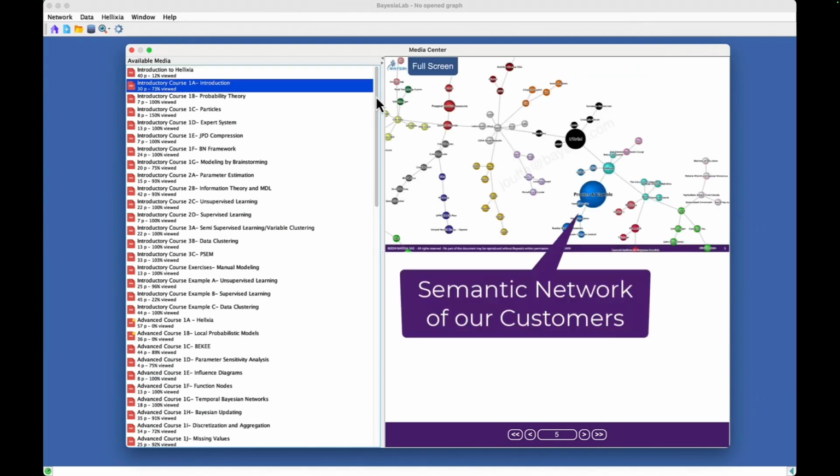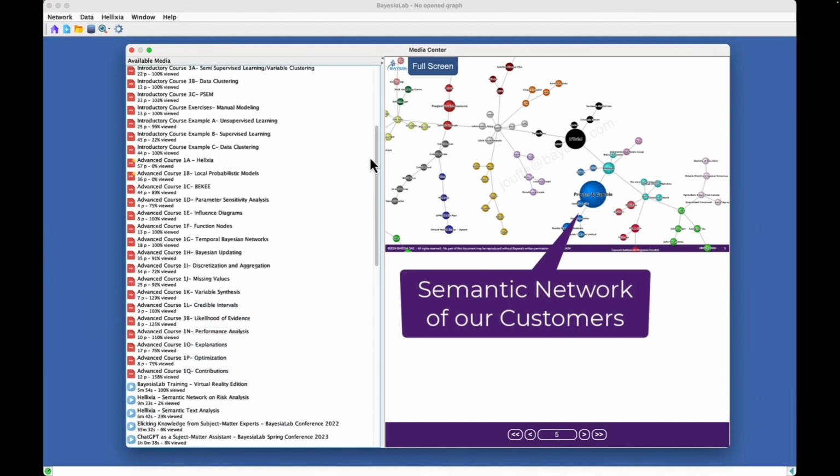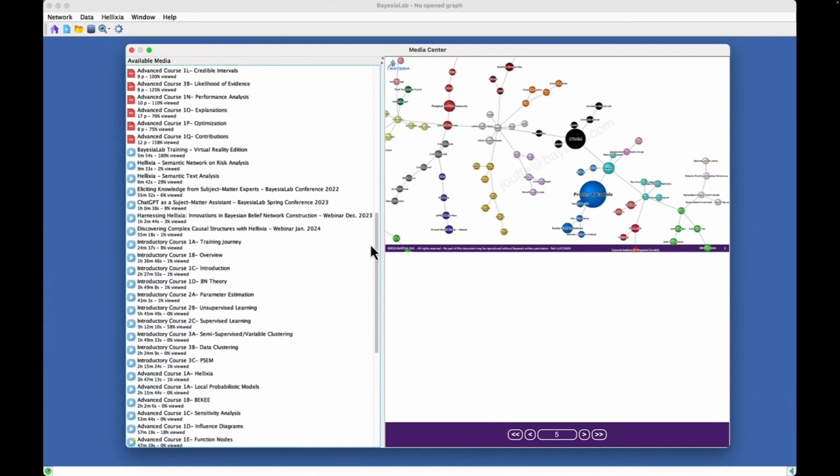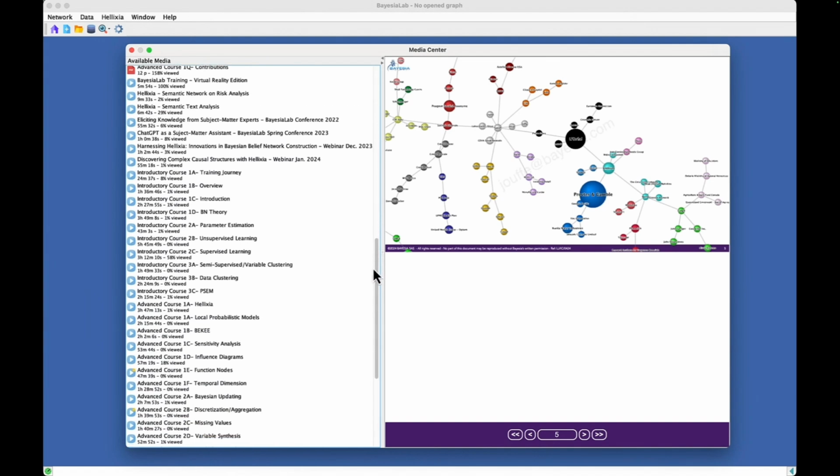So you have PDFs here. This is, for example, one of the slides of the intro course, where you have a semantic network of our customers, right? All these bubbles represent a customer, and they are connected by using the semantic operation between the names of these companies. So you have the PDFs of the courses and also the videos.